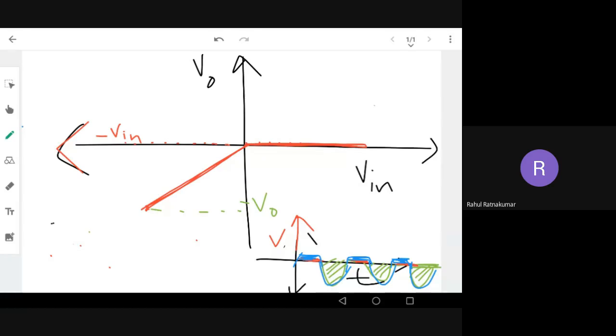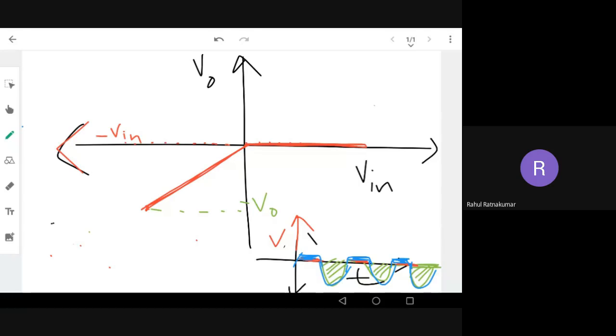Okay, is there any chat? I'm just checking. No, there is no chat. Fine. You have to spend some time on how to think about these things. From the waveform, you can draw the graph. Now I am asking how to draw the I out versus V in of the same circuit.